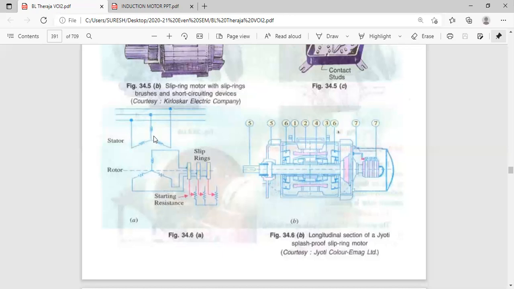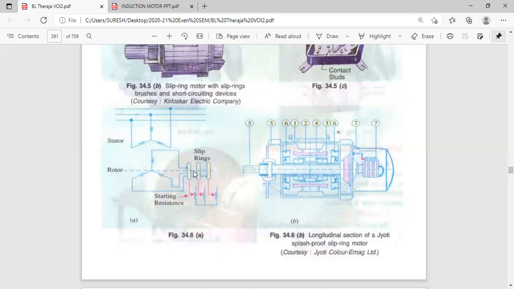Because a part of the flux is linking with the secondary coil, EMF is induced in the rotor. Okay. The field coil is used only to magnetize the iron piece. In the rotor coils, three coils, EMF is developed at the slip rings. Which EMF? AC EMF. AC voltage is generated at the slip rings.